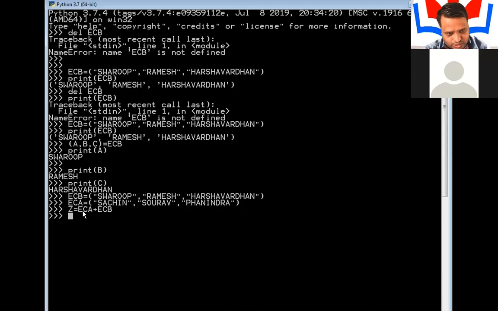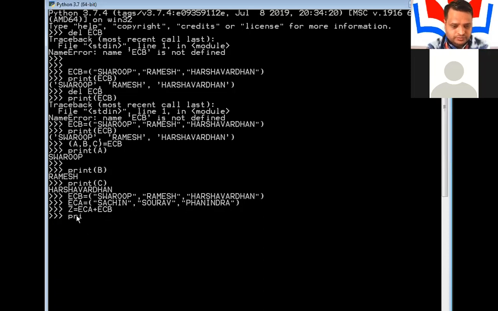So z equal to ECA plus ECB. Here I'm using the plus operator. ECA is one tuple, ECB is another tuple. In between these two tuples I'm going to use the plus operator, and that value will be assigned to another tuple, that is z. Now I will be printing the value of z.